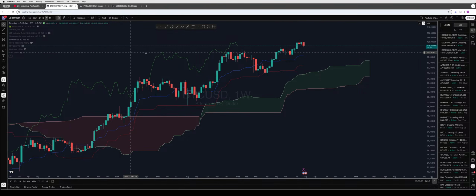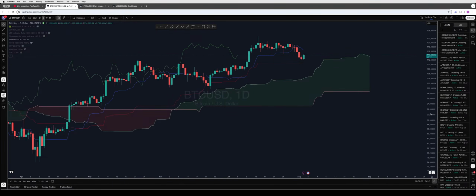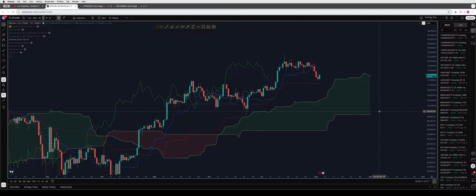Here's the weekly. Weekly looked great. We still have the bull cross, green cloud. These are your weekly levels. I really don't think we hit these weekly levels, but who knows? Let's look at the daily. Actually, daily looks a lot better, and I'm actually looking for a sweep